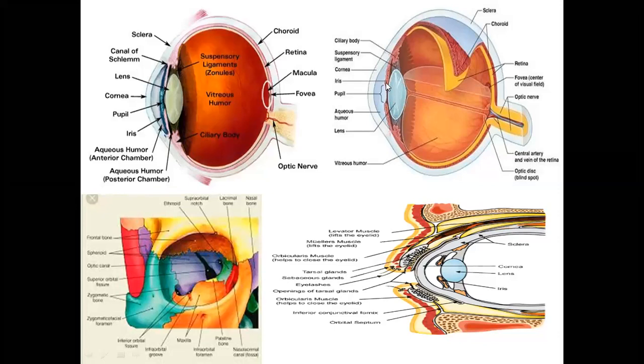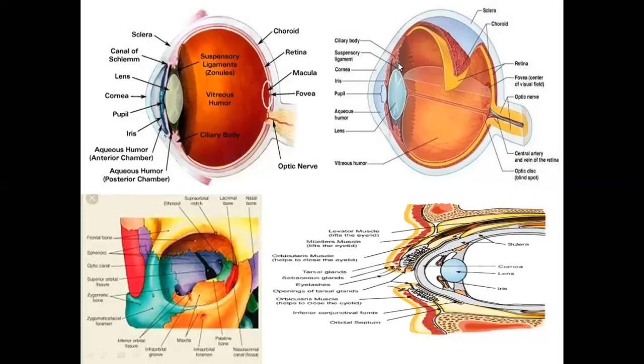Whenever you try to see something closely, the ciliary body contracts, these zonular ligaments become relaxed or slacken, and it decreases the grip over the lens. So the lens becomes rounded or spherical, and it gives you accommodation to see a proper near vision. So this is about the zonular ligaments.